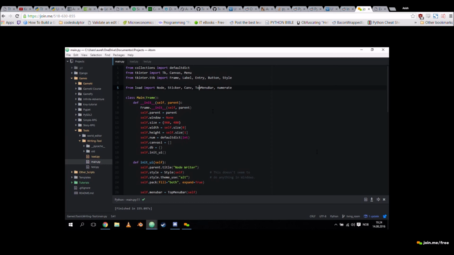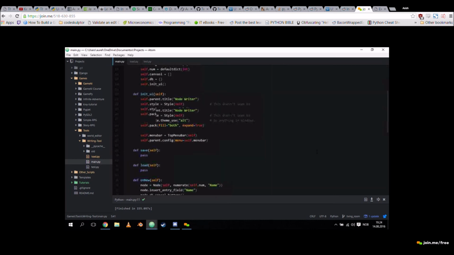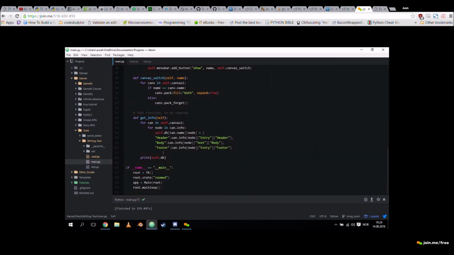Let me show you how this program works and see if you can follow it, okay? Now that we know how it's set up, once again, we start at the bottom. If name equal main, right? Root is Tk. I set state zoomed because I wanted to start maximized. That's a little Tk trick you can use, so you don't have to click the maximize button every time. This is the type of app that we really want maximized all the time, at least in the beginning.